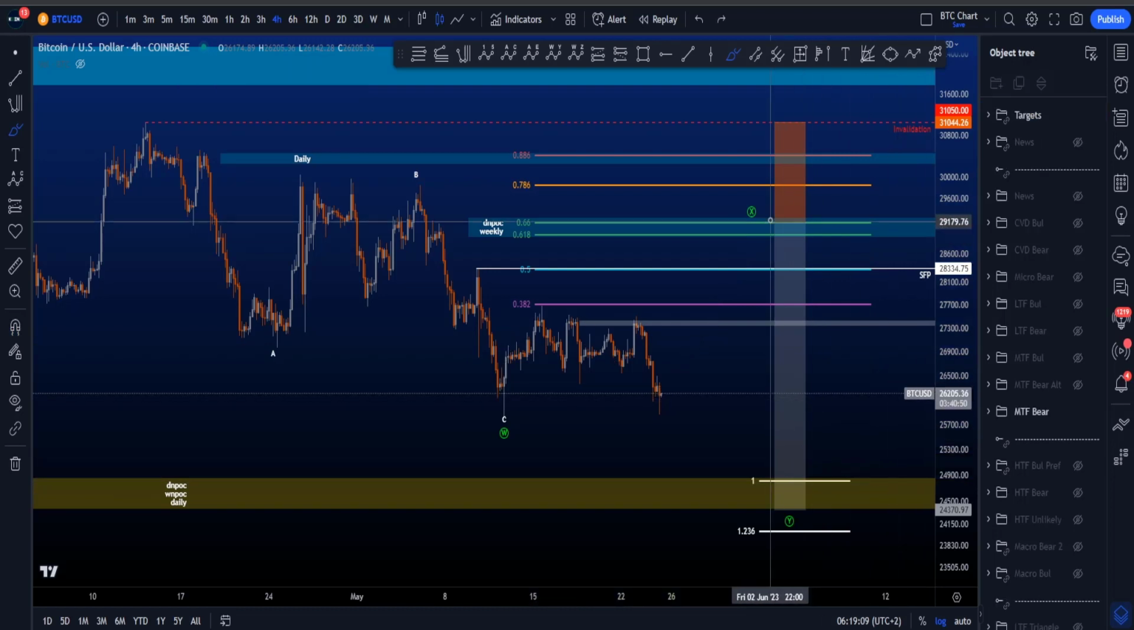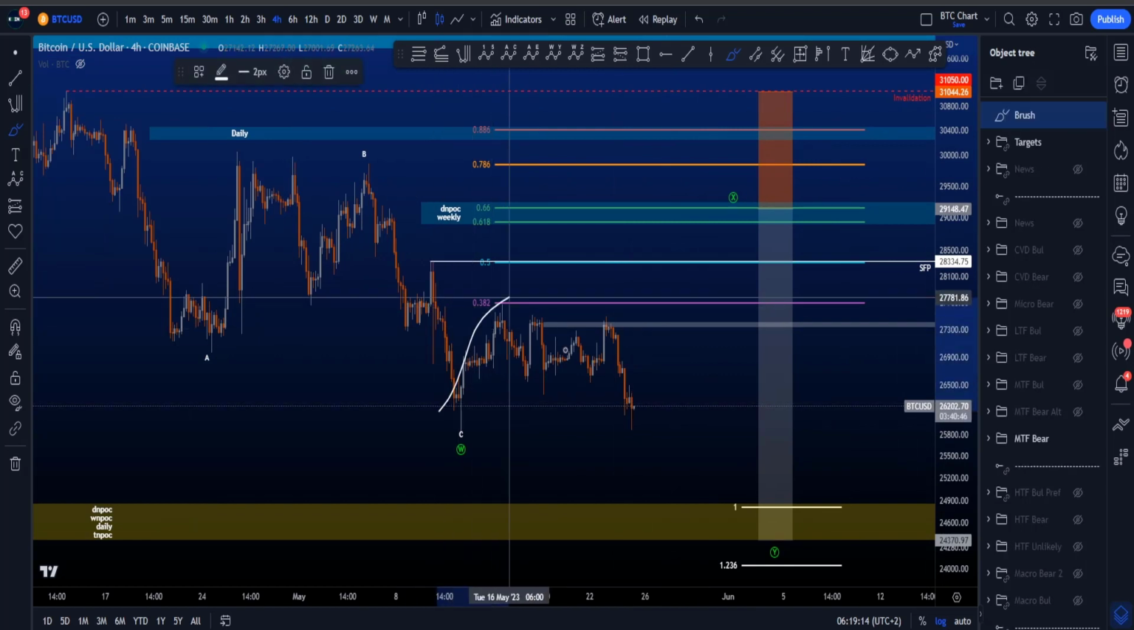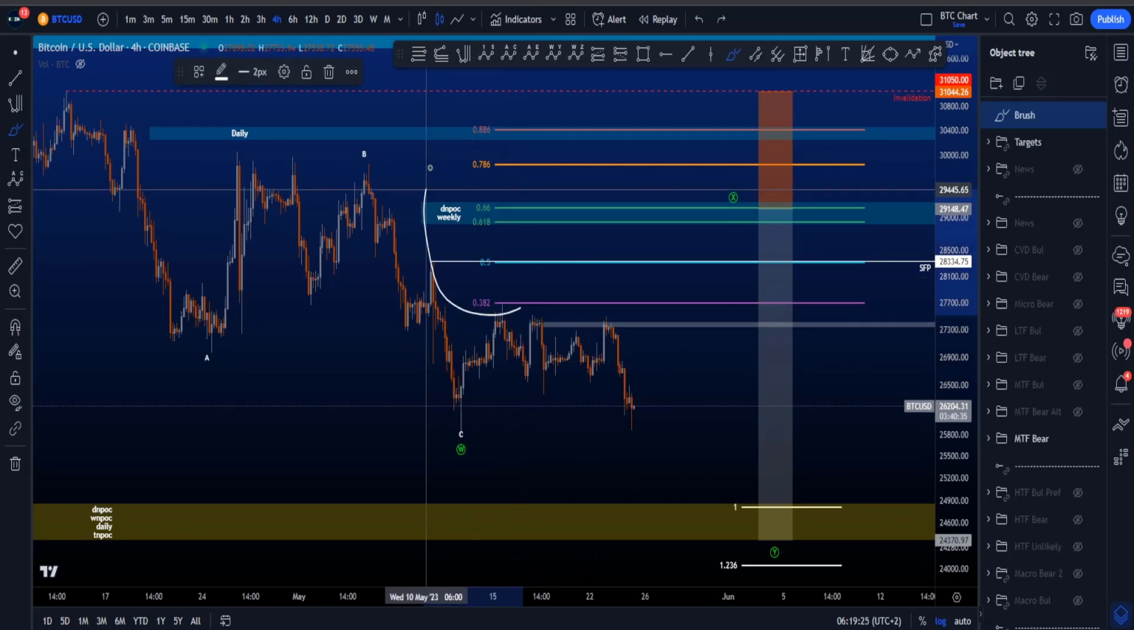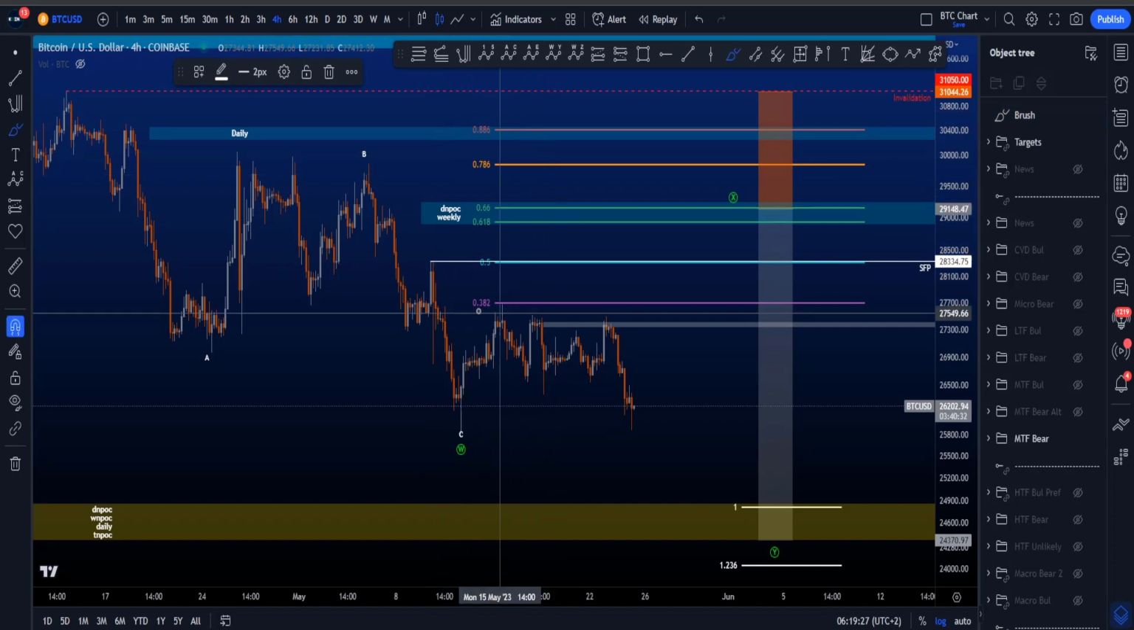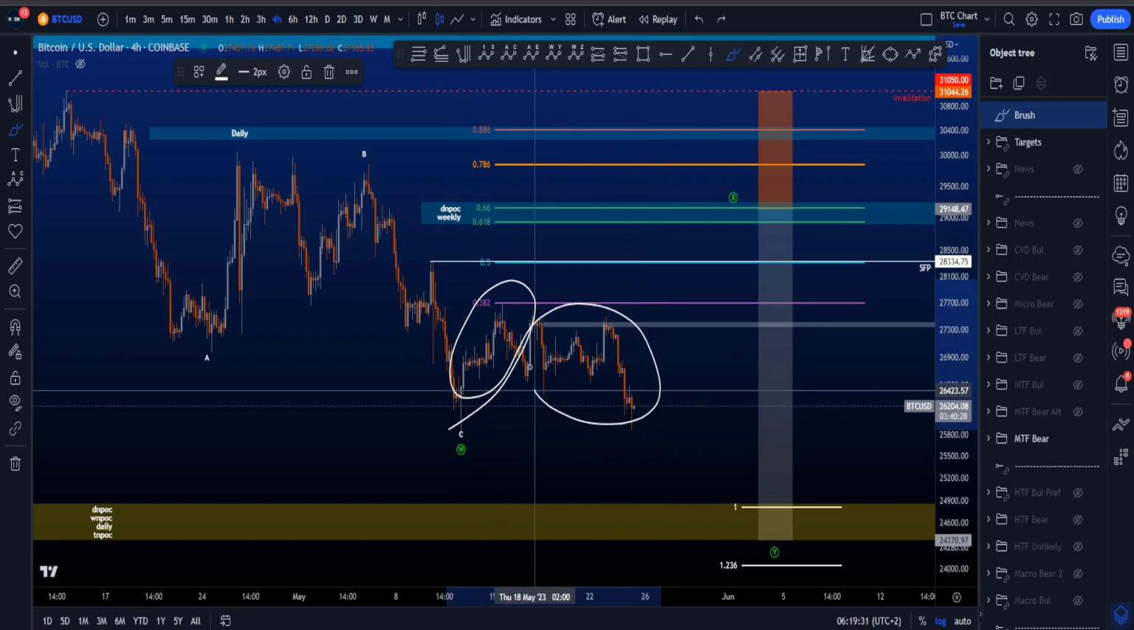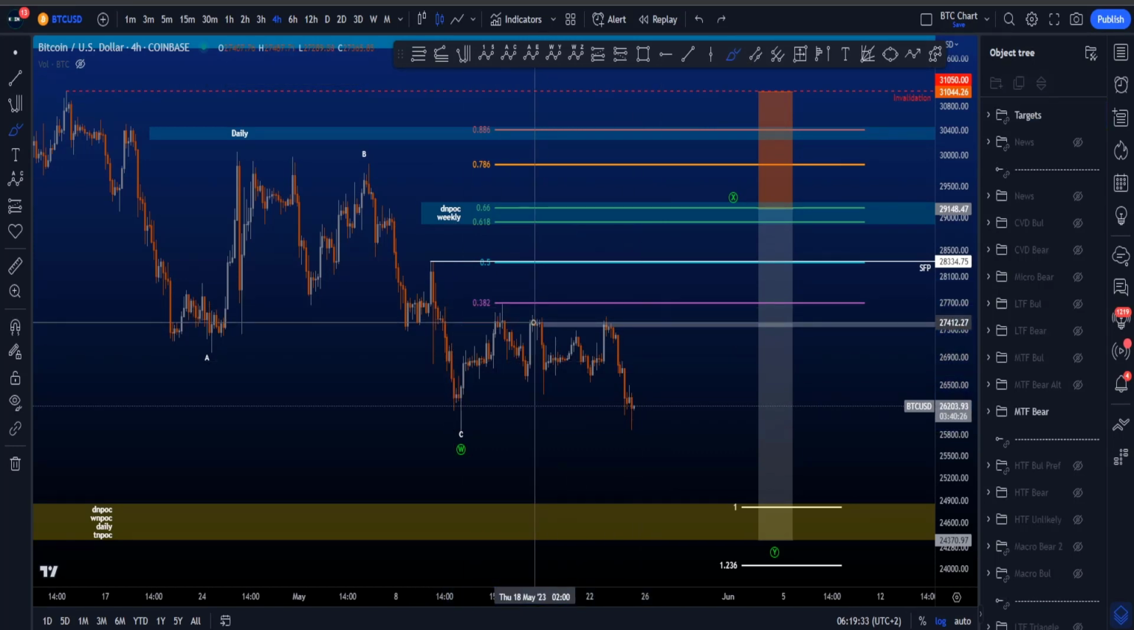If we then look at this wave X over here, we're looking at the 3-wave structure as mentioned, so a 1, 2, 3-wave move to the upside, where the targets for wave X are between the 0.382 and the 0.886, so that is a very big target area. However, based on the structure that we have over here, one can estimate a little bit better what the high